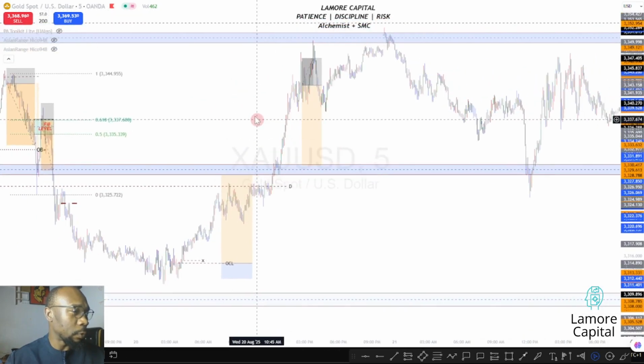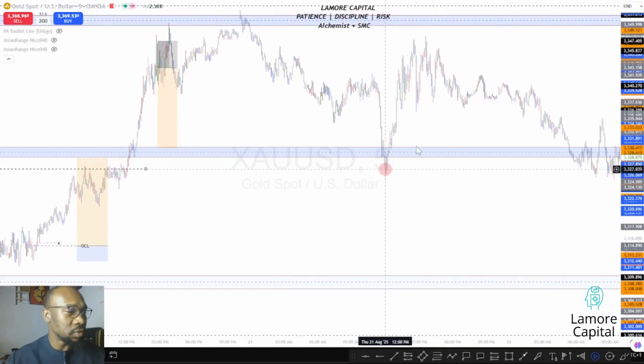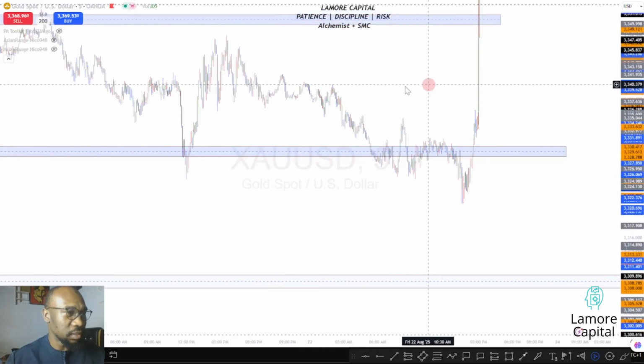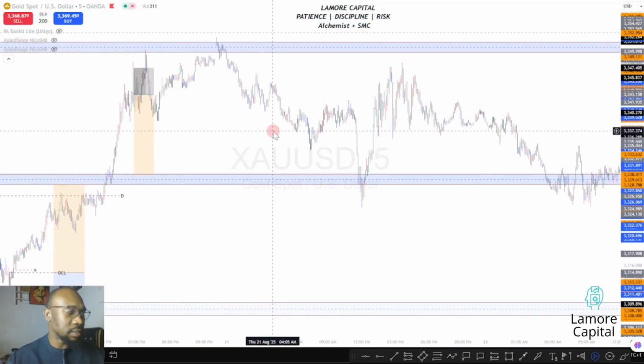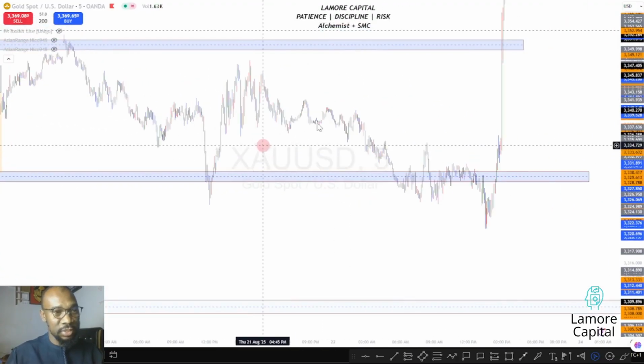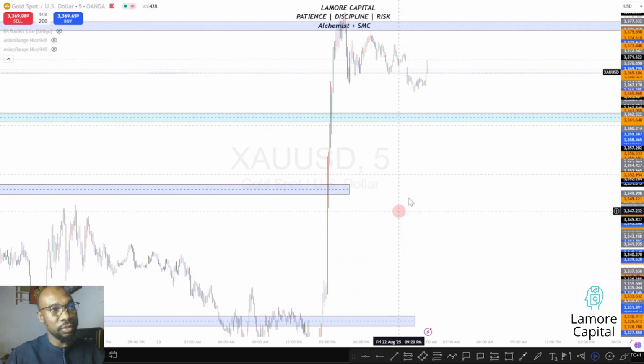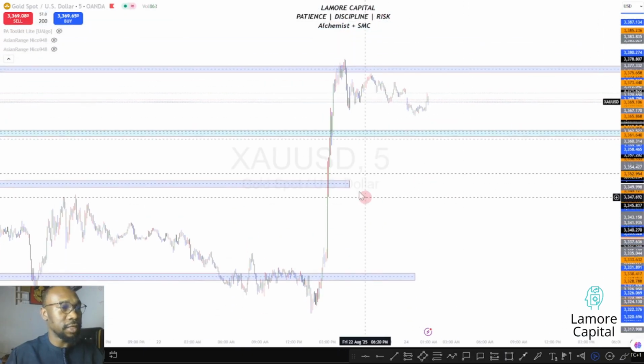Took one SL, one missed entry, and Thursday we didn't take any trade because Thursday already it was too choppy, and on Wednesday was when I realized that the Alaska summit between Putin, Ukraine, and US was more of the reason why we've been having consolidation around gold. So that particular summit was what would actually give us more momentum around gold. So that was what happened here, and I didn't trade on Thursday since I heard about that. I didn't trade on Thursday. Friday also, I didn't trade on Friday also.